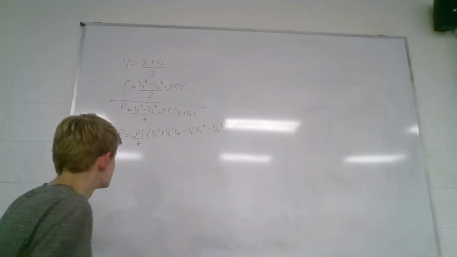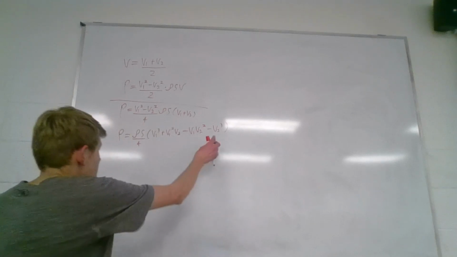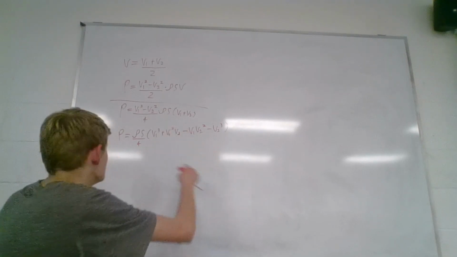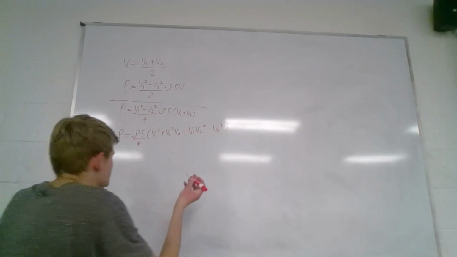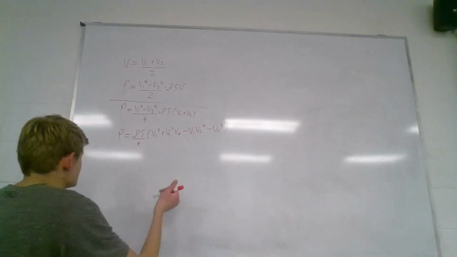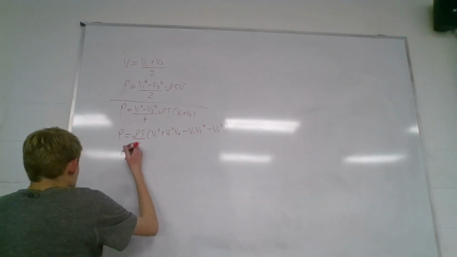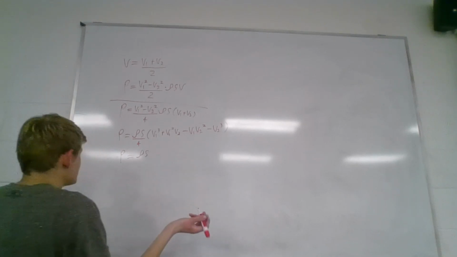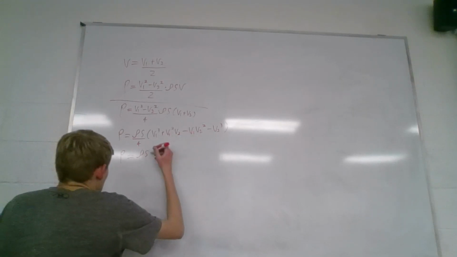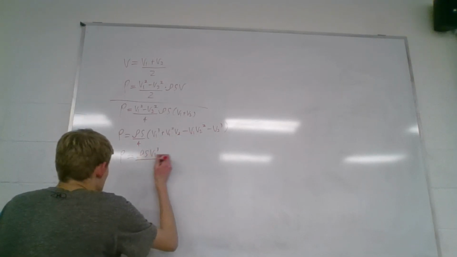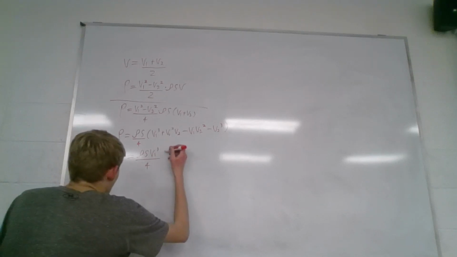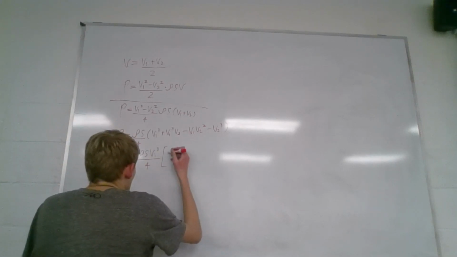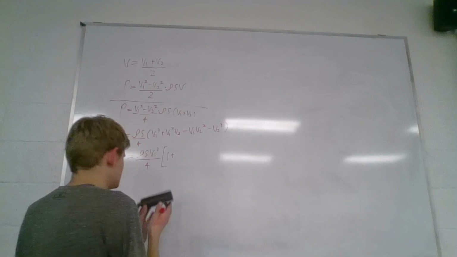So what we're going to do now is draw out from this entire equation a velocity at the inlet cubed, and we're going to divide this entire equation by it. So we're going to have a new equation as such. We're going to have power here, and then density times our surface area of the blades, and then our velocity at 1 cubed divided by 4. And what that leaves us with is 1 plus